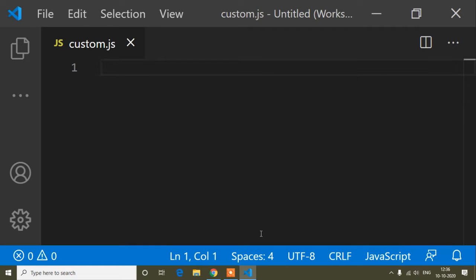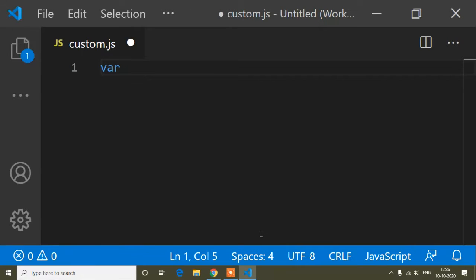Hello guys, today in this tutorial I will show you the array reduce method, and that is important and very easy. To use the array reduce method, first of all we have to create an array, and then I can explain why we use it. So first of all, here I will create an array.